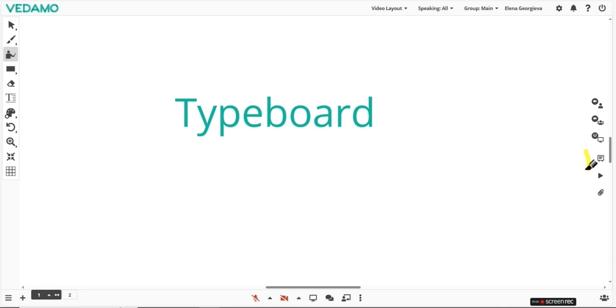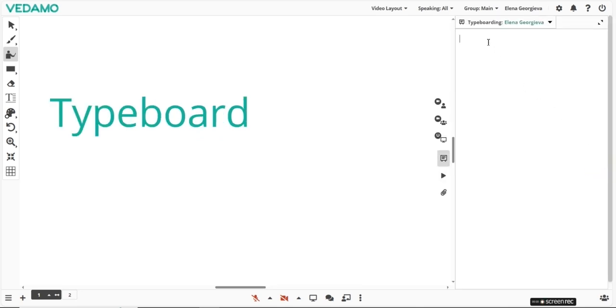To open the typeboard, locate the icon on the right side of the whiteboard. The content that you create can be edited via the built-in text tool. In order to access it, you have to double-click on the text you want to edit. All of the most popular functions, like different headings, use of bold and italic, bullets, embedding links to the text,